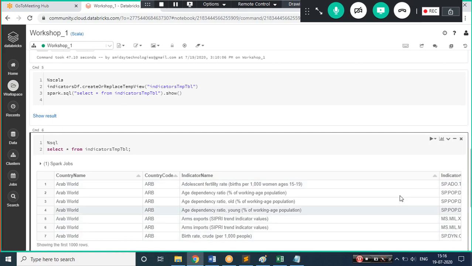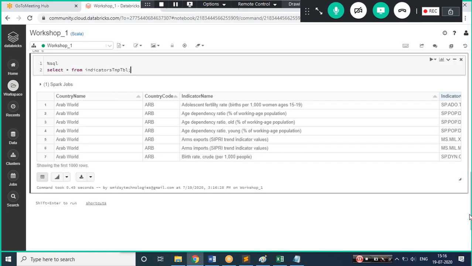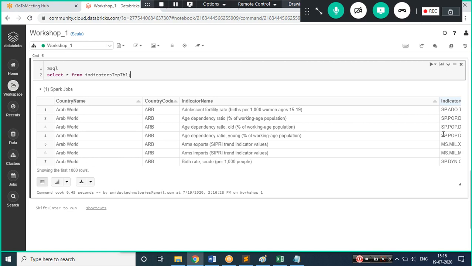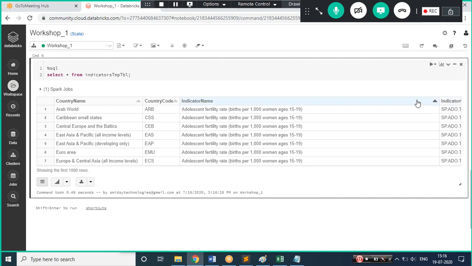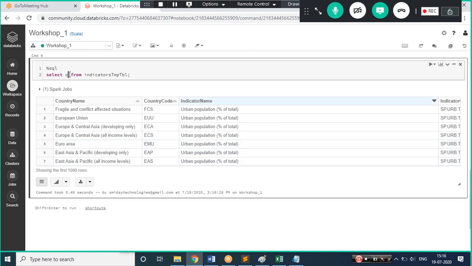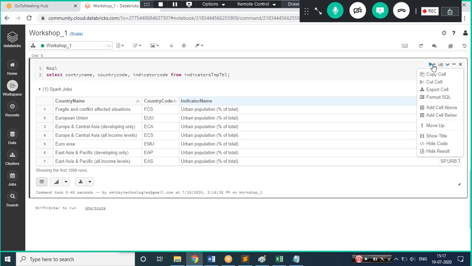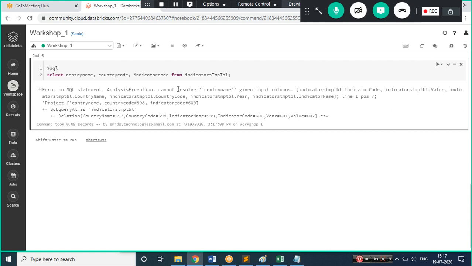Yes. Let me pull this down. Here I can see this indicator code. I'll just show a few columns: country name, country code, and I'm just interested in my indicator code, because on the basis of that I will be filtering my data. Let me execute this.